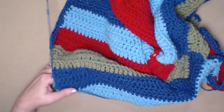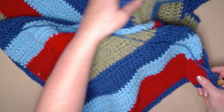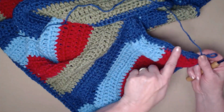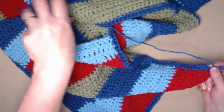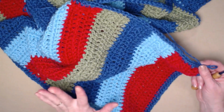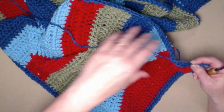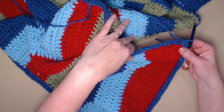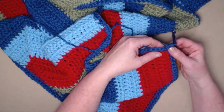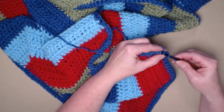I have completed stitching down the other side across the bottom, and now I stitched back up this other side where we started. Here's where we came across to begin with to our hood. So I have evenly half double crocheted all the way around my hood and my shawl, stitching 3 half double crochets in each of the corners. Here's my 3 here. I'm going to join to my first half double crochet with a slip stitch,